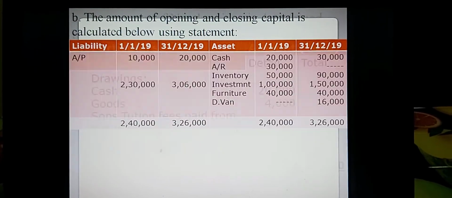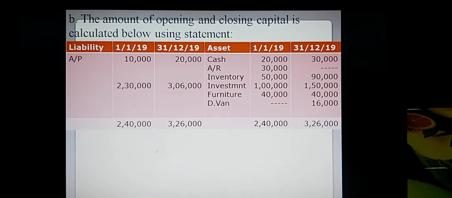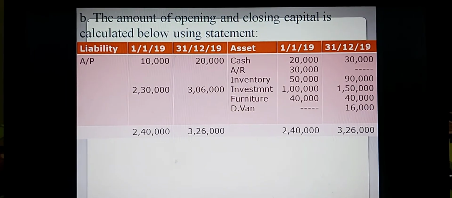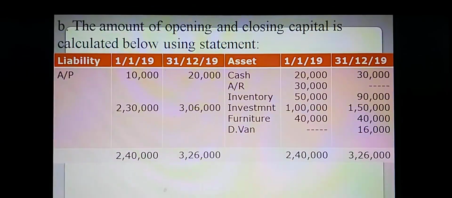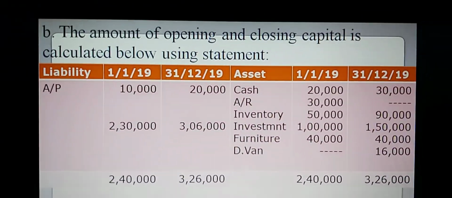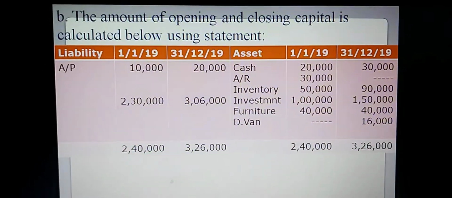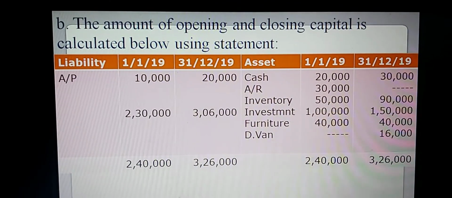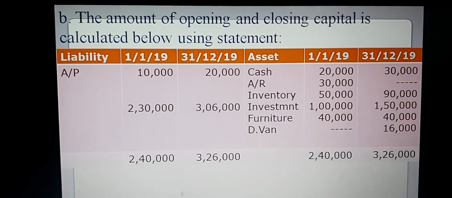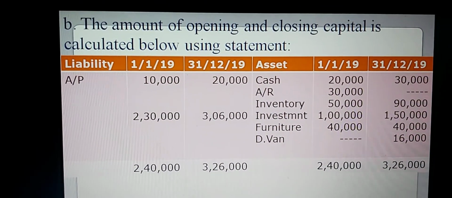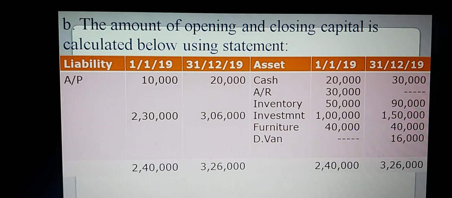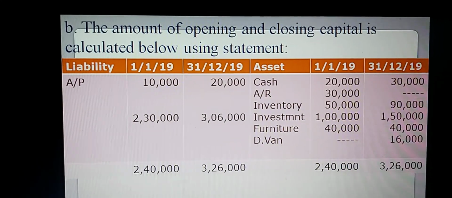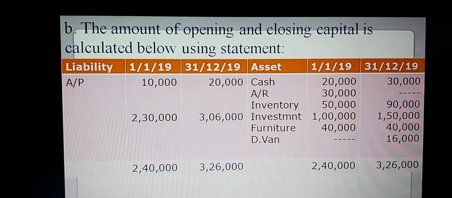Now we can go to requirement B. The amount of opening and closing capital is calculated below using a statement. At first, you have to draw a new format for this statement. Totally 6 columns are available in this statement. On the left side, liability